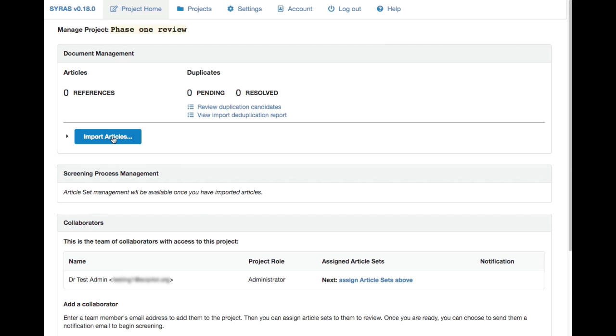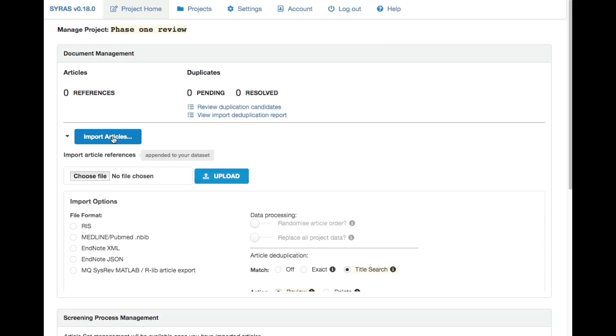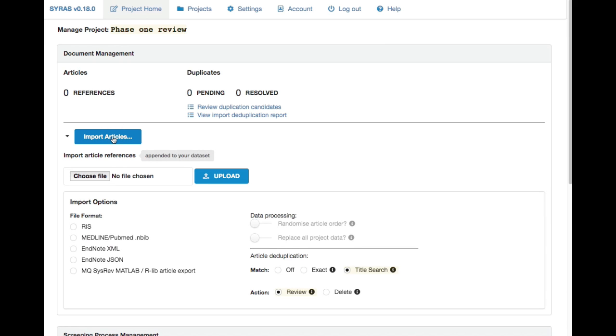So the first thing you need to do is to import some articles. Now, we are assuming at this point that you have already done your journal database search and you found your articles already. A future version of SYRAS may have integration with some of the journal databases, but that's currently not in the current version. So the first thing you would need to do is choose the kind of file that